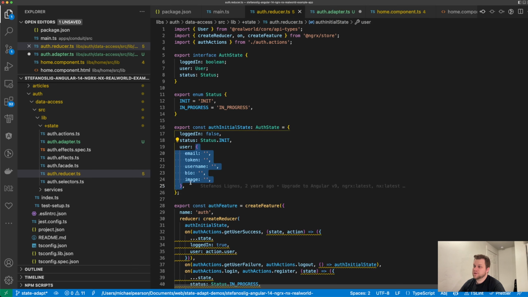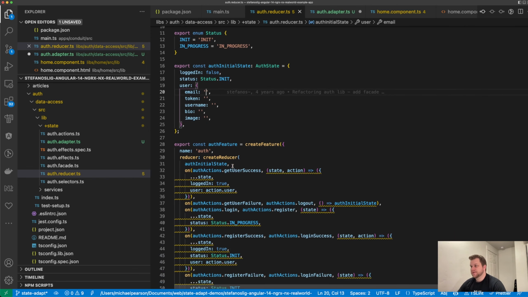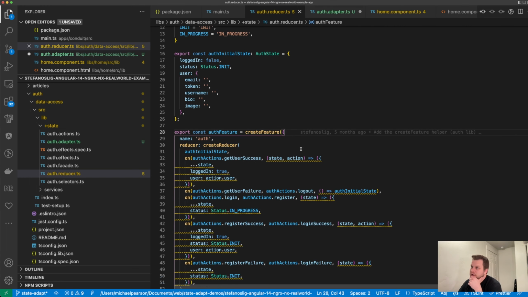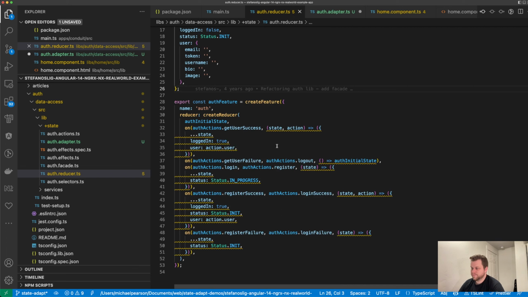User, oh, that will be empty. Like it'll have empty things in it. And logged in is false. So it's not like it goes away. It's just empty, or its properties are empty. So I'll just keep both, even though if I were doing it from scratch, I'd probably have this be undefined. So anyway, okay, so we've got set